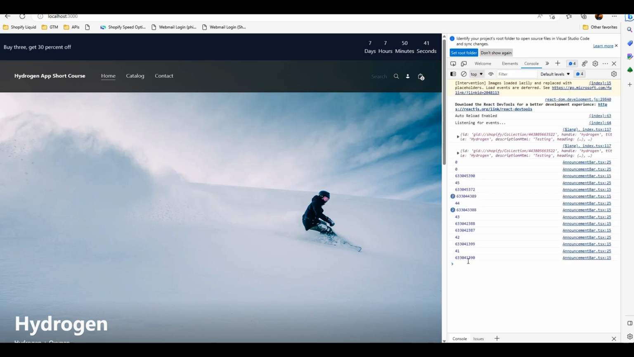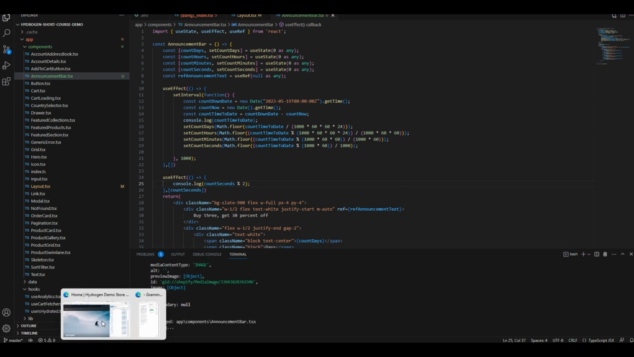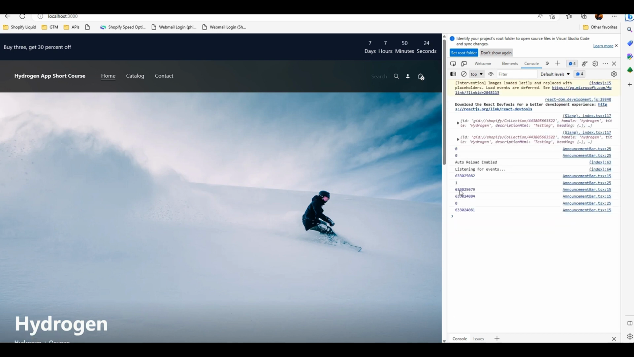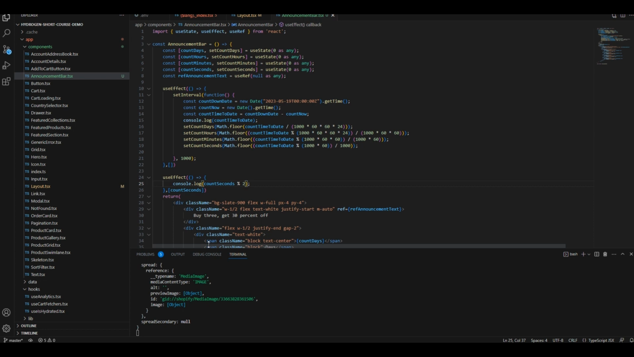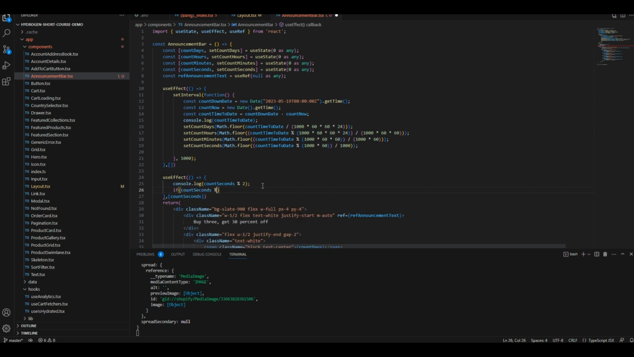44. Okay, so now the sequence is appearing. So we're gonna add a modulo function. Then we're gonna say two to take the odd and even value. Press. Okay, now it's working fine. Now let's go back. Now I want to have a condition here. If count seconds modulo 2